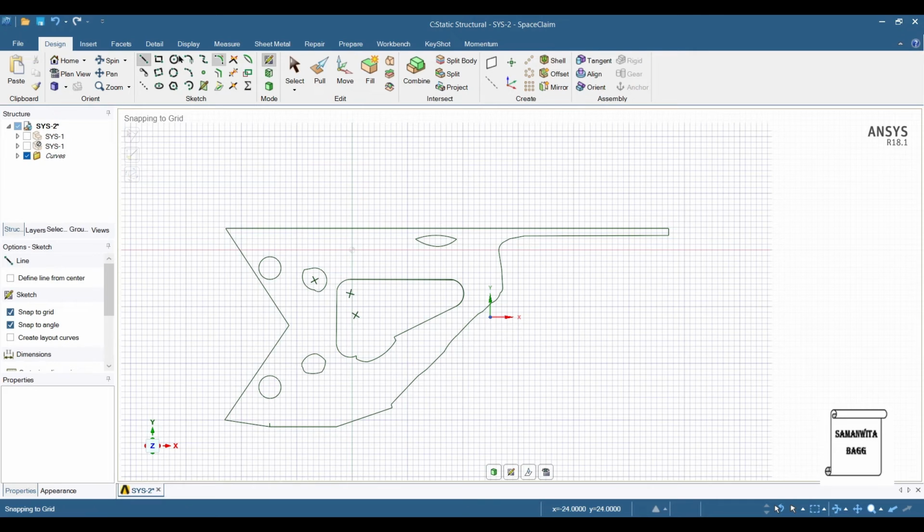And join it here. I'll trim this line. Next I'll trim these lines as well.